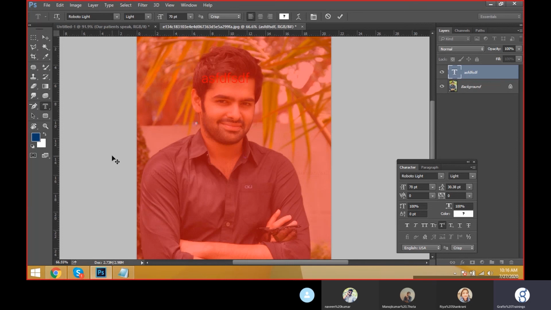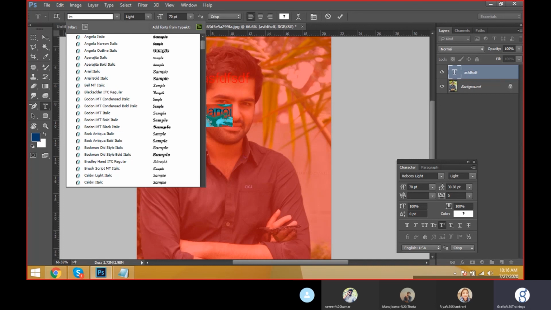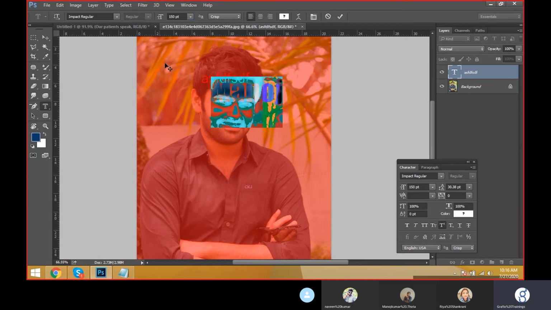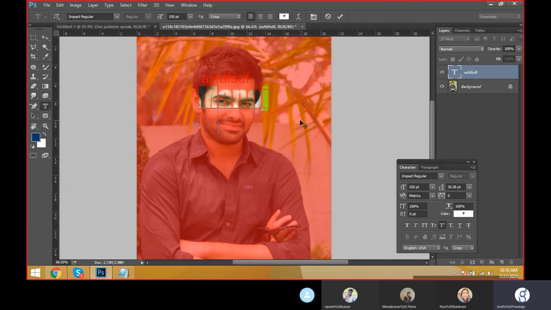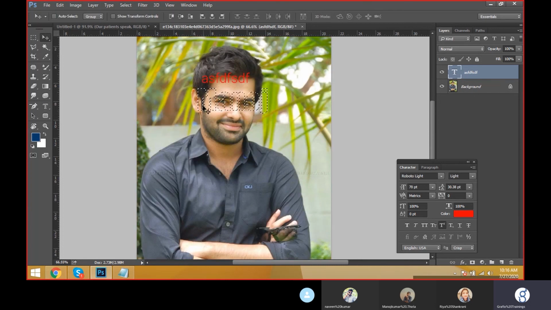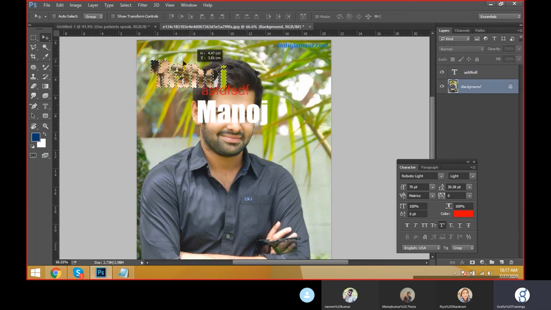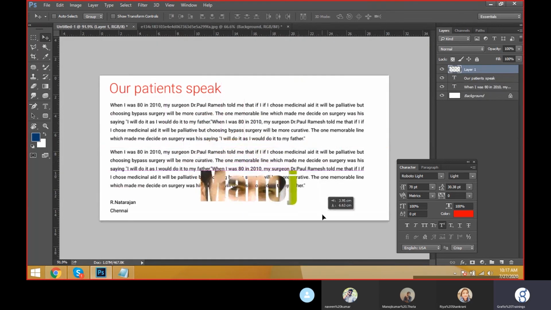Okay, here I just go with some text. Select the text and some bold text. You can take a bold text, some Impact. I just took some Impact text and increased the font size to 65 or 150. Select the text. See, the text is visible on the image. Take the move tool. Automatically, the masking part will be selected, and take the image and select the image layer. Now you can take from this like this.